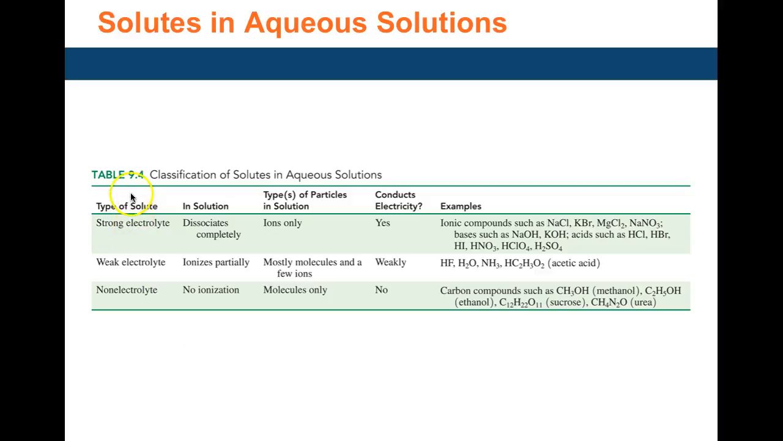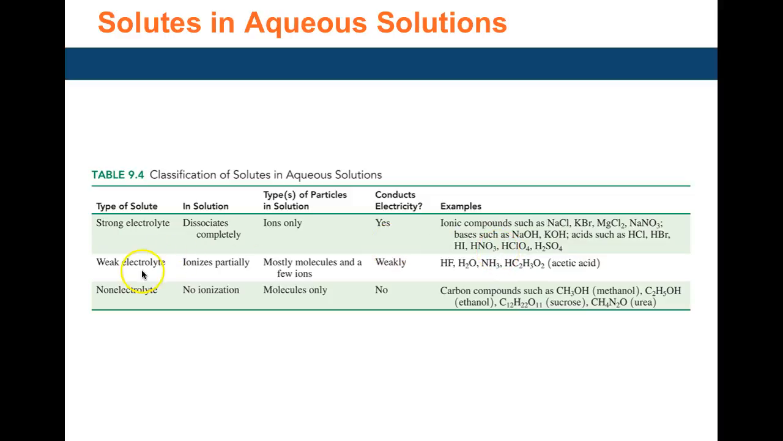So to summarize, types of electrolytes: strong, it breaks up completely, 100% dissociation. All right, so all you see in solution is ions, and it does conduct electricity. All right, strong light bulb signal. And a lot of ionic compounds are strong electrolytes. Not all, but most of them are. All right, and then a lot of acids and bases are as well